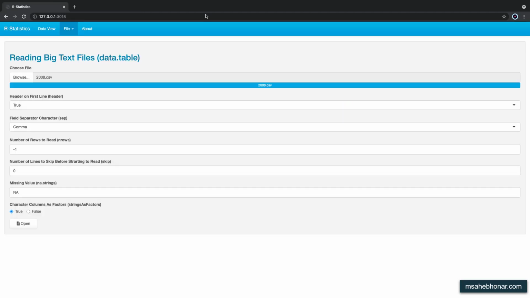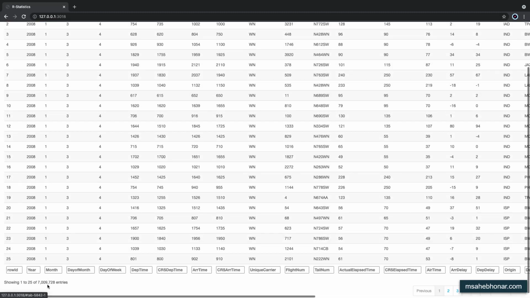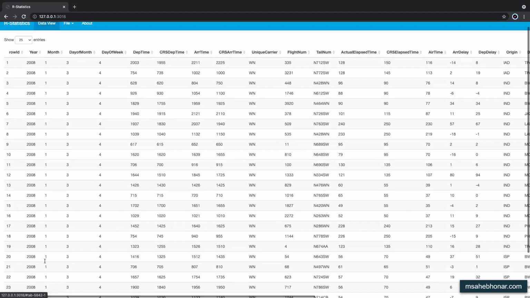The arguments for a fread function are similar to the read.table. After a few seconds, the data will be imported. It's around 7 million records. I think there are 29 variables per flight.